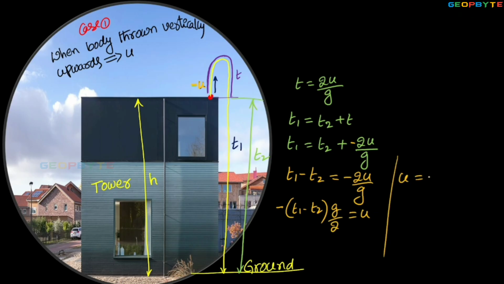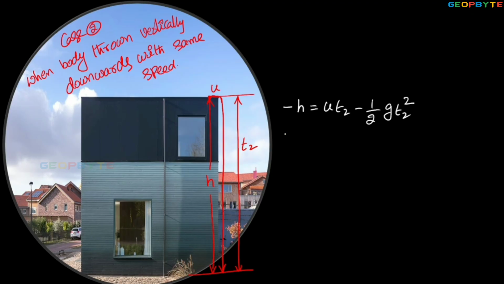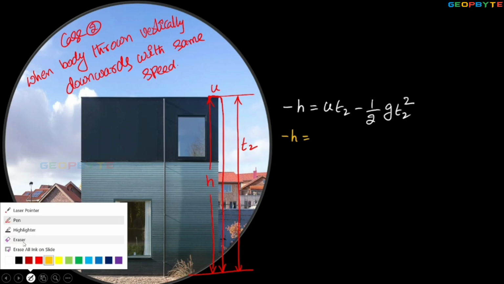Anyhow, you got it: u equals minus g by 2 into (t1 minus t2). Now let us substitute this u value in the second case. Right? Minus h equal to,